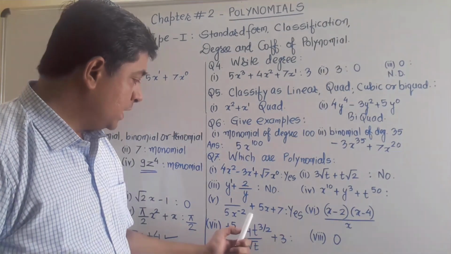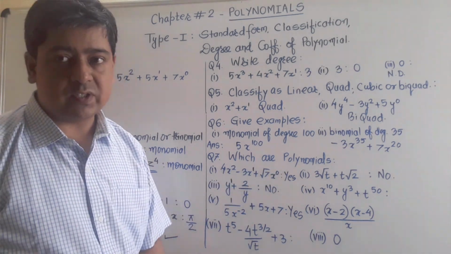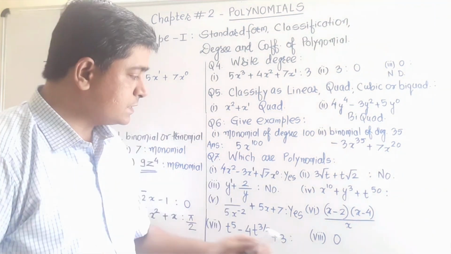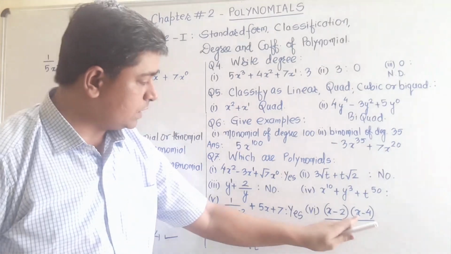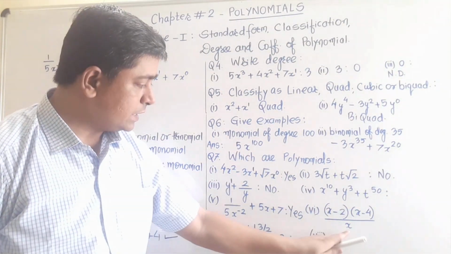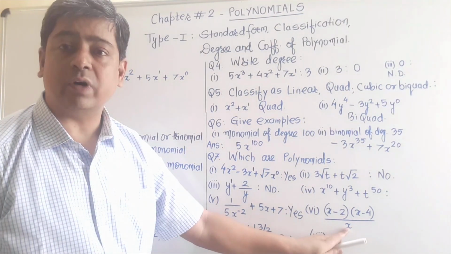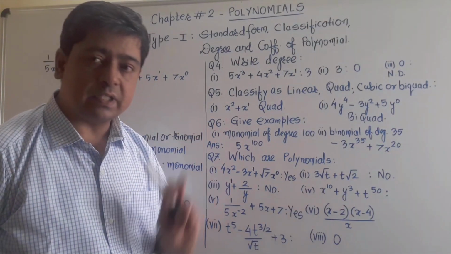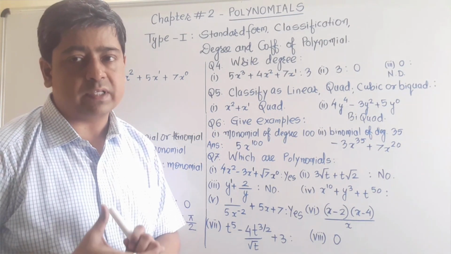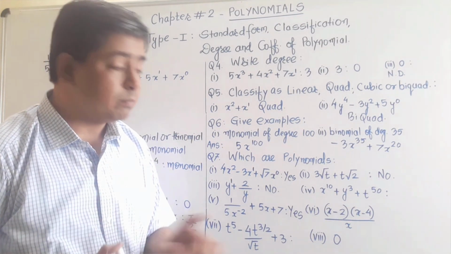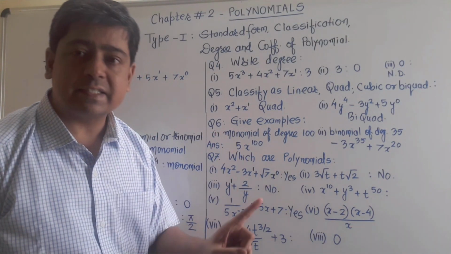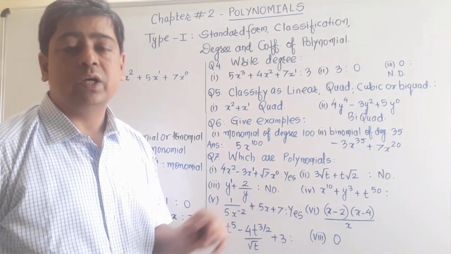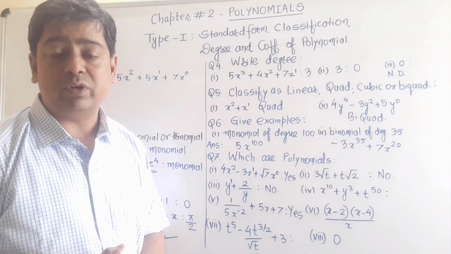Now let us see the next one, part number 6. Again in part number 6, you can say here the power of x is 1, here also the power of x is 1, and then here also the power of x is 1. Fine. In the first two terms you can say the power of x is 1 and you can decide, you can say yes it is a polynomial. But again you are making the mistake, you are judging the power of x at the denominator. At the place of denominator you are going to judge.